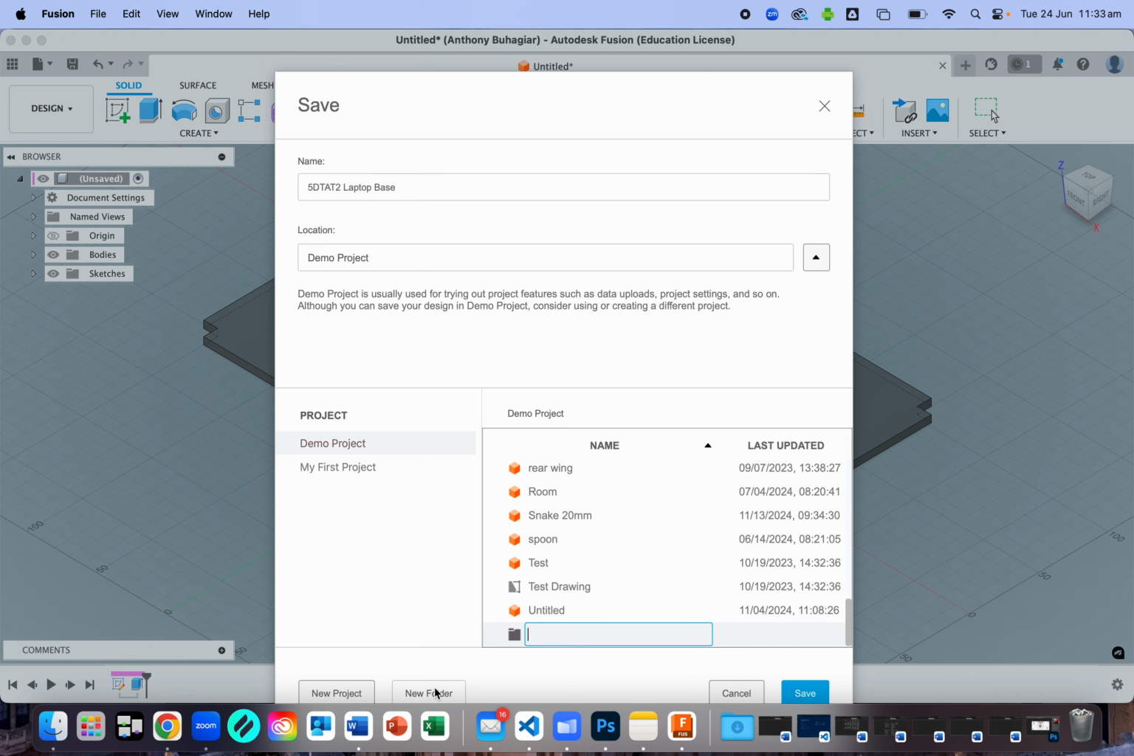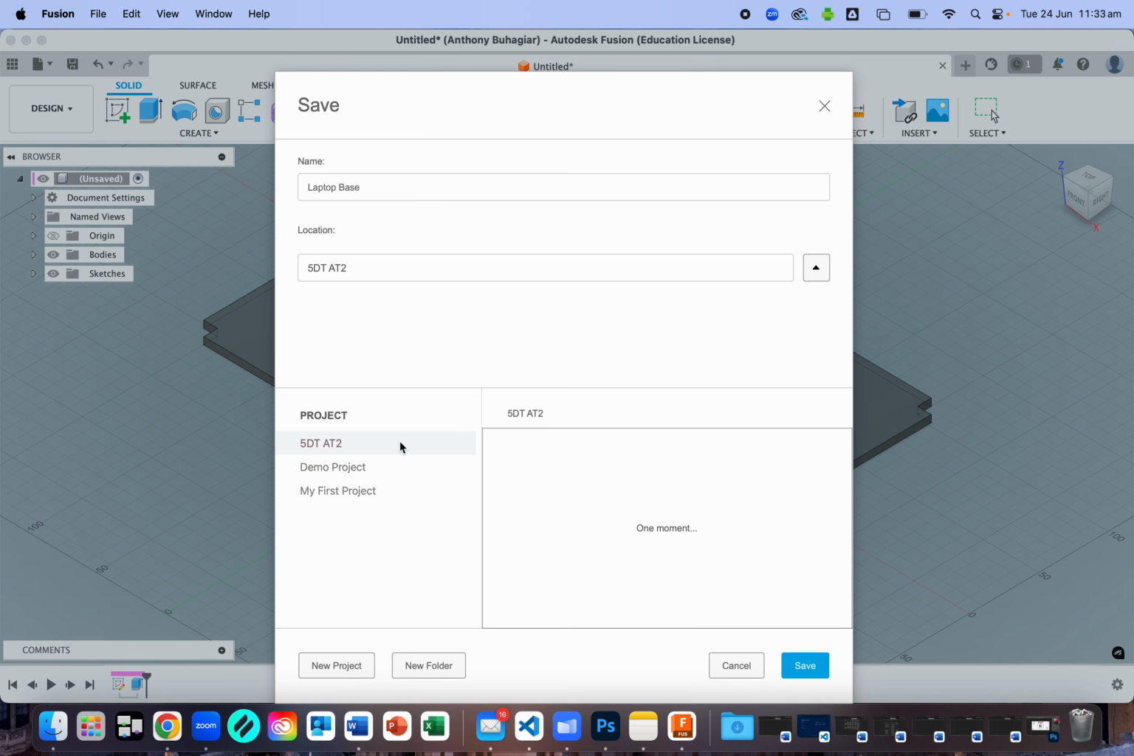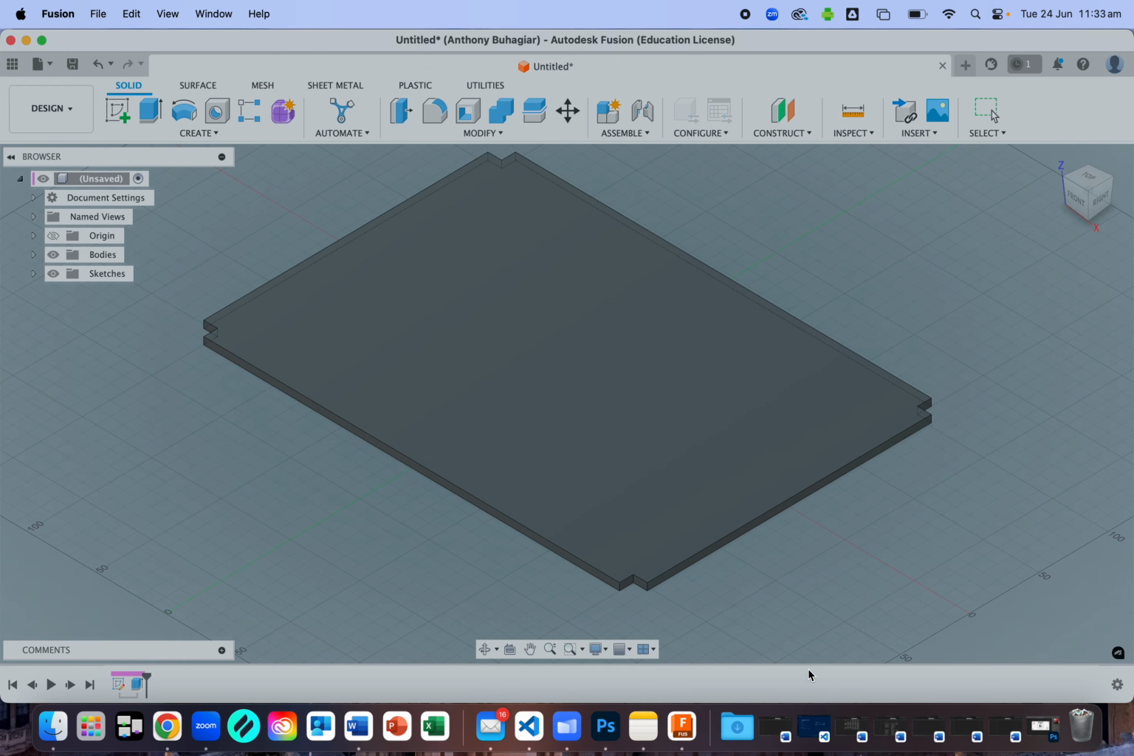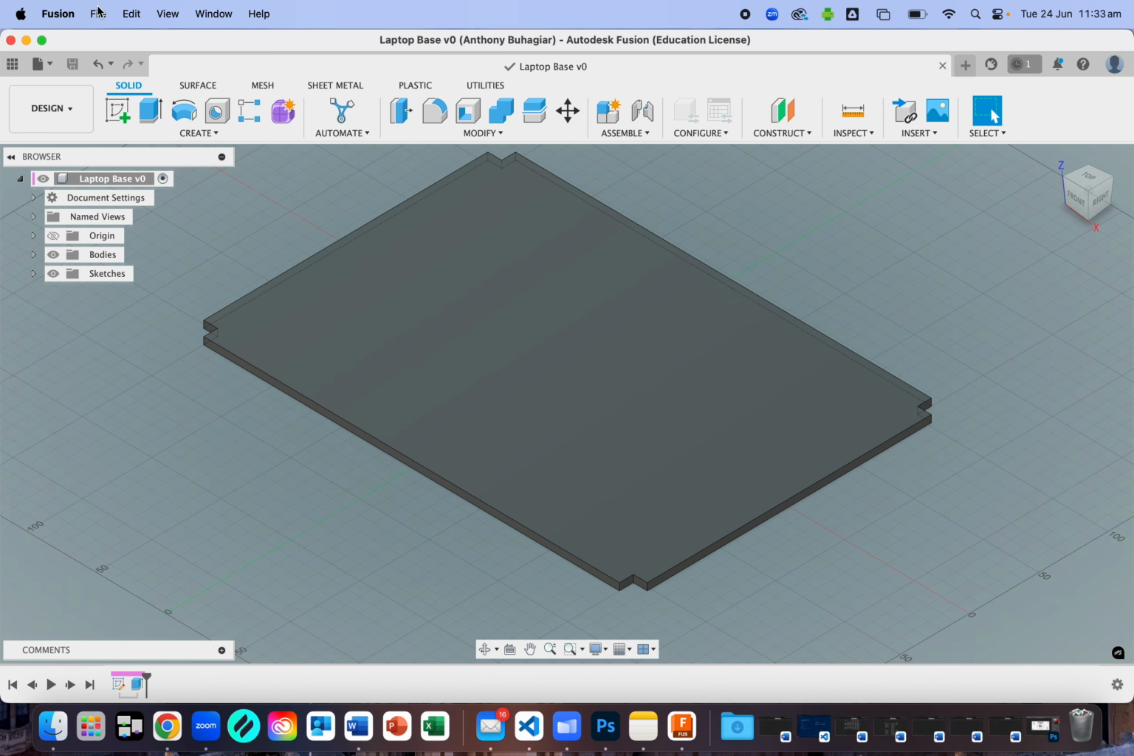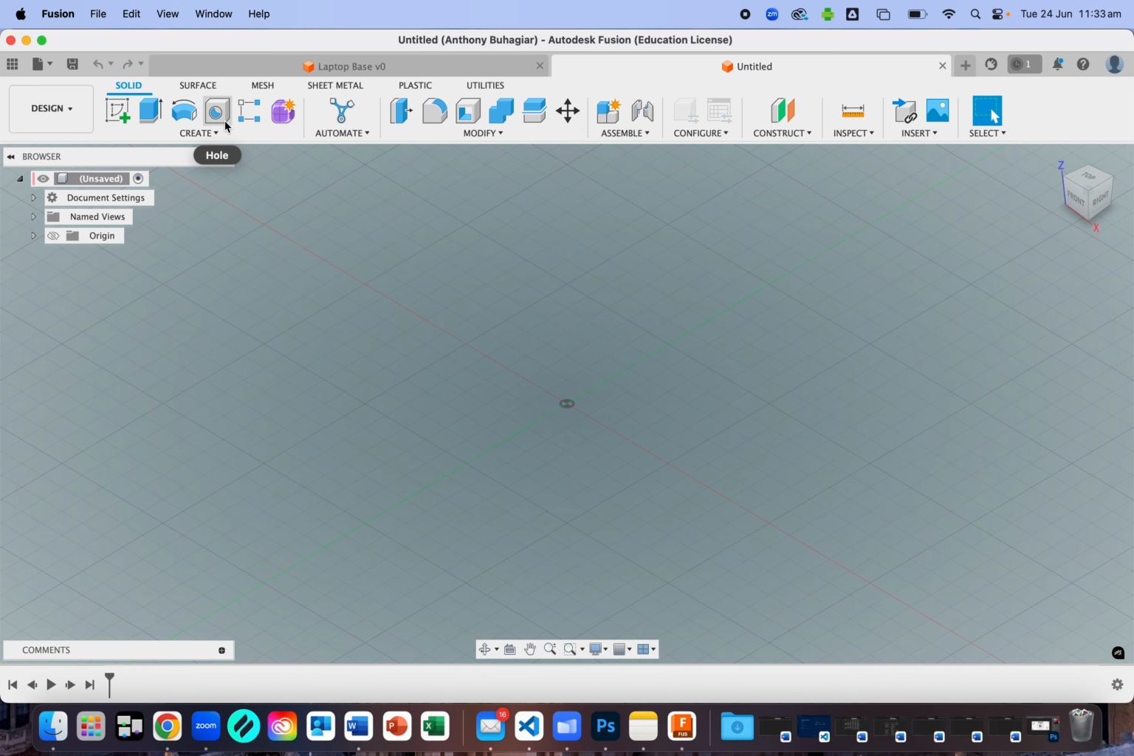So you can see down here now that I'm creating a new folder, and then I change my mind, and rather than creating a new folder, I'm creating a new project. Okay, so you can create a new project, call it 5DT Assessment Task 2, AT2, and then you can save all those components in that project folder just to make it easier for you to identify those different pieces. Okay, so that's the first piece that I've made quite quickly because it's just a base for my laptop,